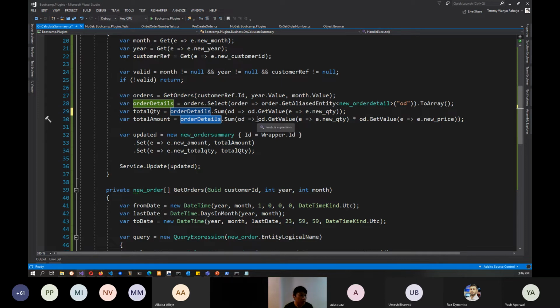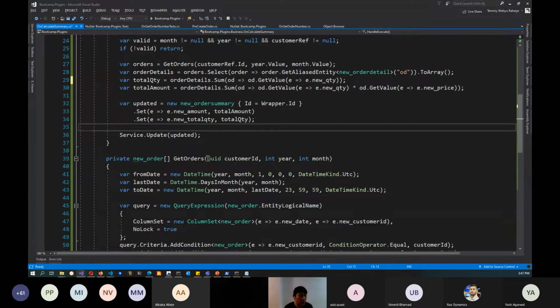Same also with the total amount. We want to have calculations between the quantity and the new price, so we also use GetValue. Now, once again, because the operation is in the post, instead of using the target, we need to call service.Update, something like this. That's why